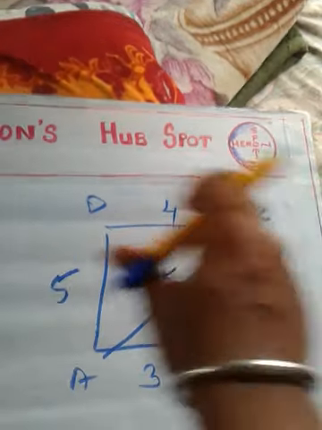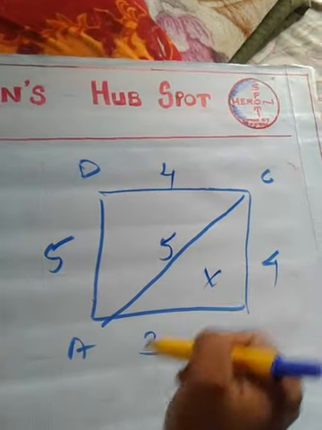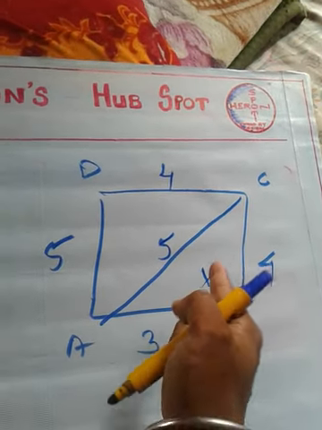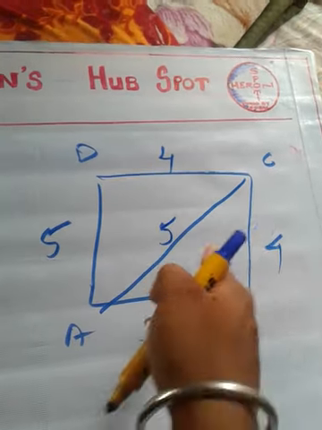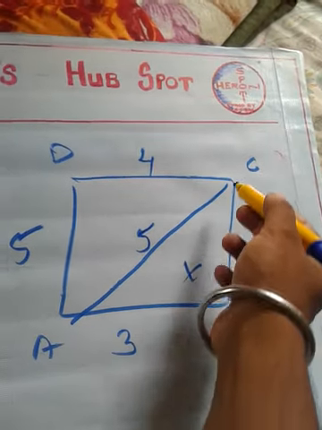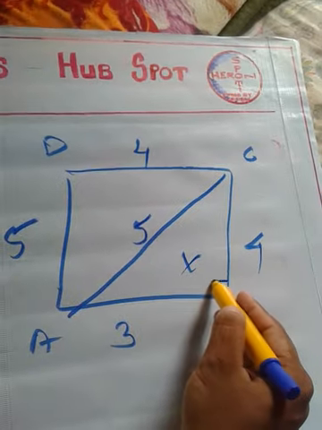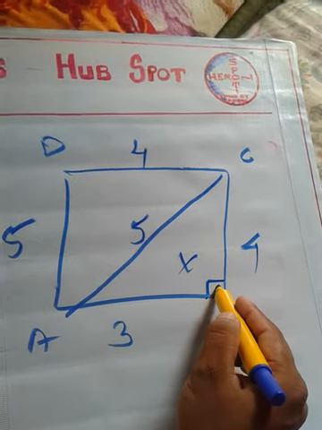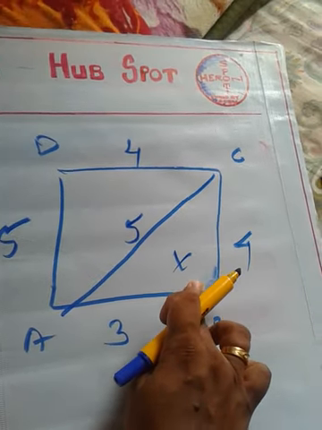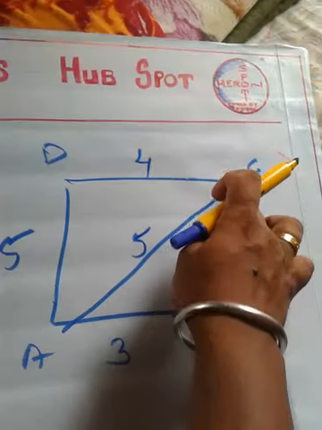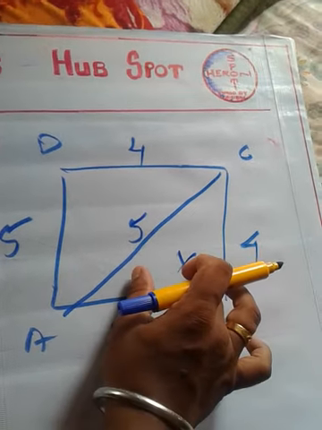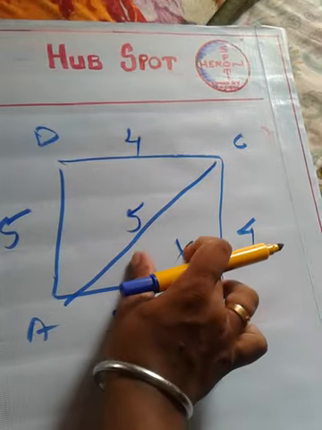So how can you calculate the area of this figure? Calculate the area of this triangle. Can you use half into B into H here? No, you cannot use half into B into H here. Why? Because there is no information about this angle. We cannot say this angle is 90 degrees. So we don't know whether it is a right triangle or not. Since we don't know whether it is a right triangle, you cannot use half into B into H here.